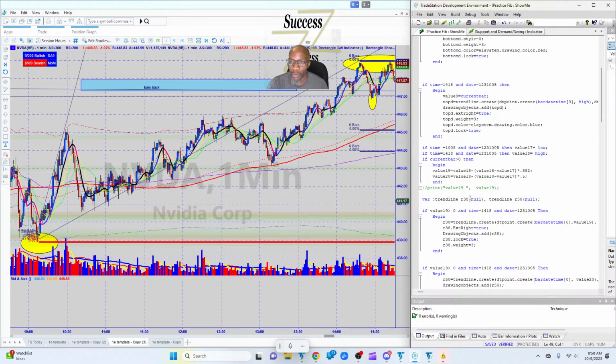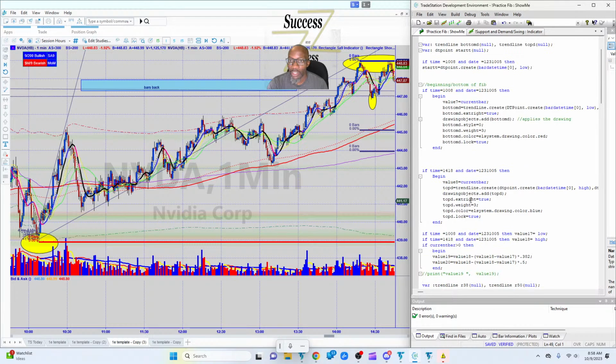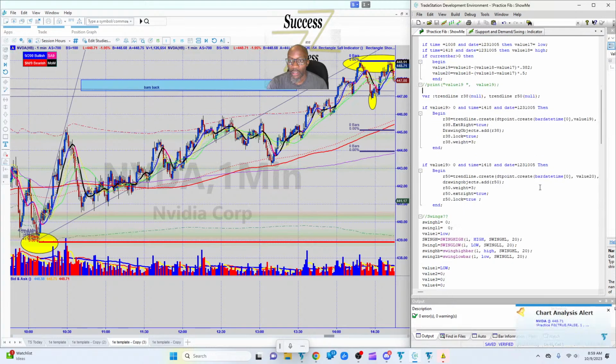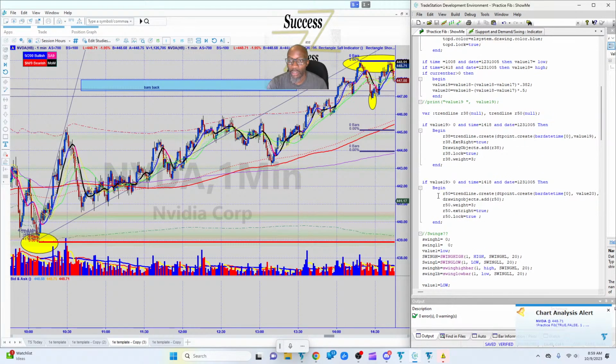All right, so what we're gonna do is say if value 19 is greater than 0, then we're gonna look at that bar. And then we're gonna take the difference between that bar number and the bar number of this, and that's gonna be our number of bars back. Okay, so if value 19 is greater than 0,